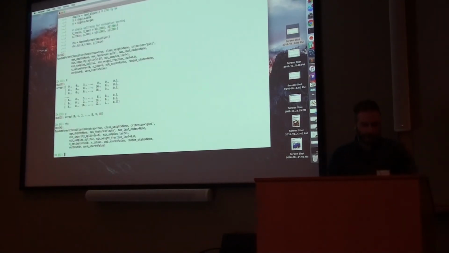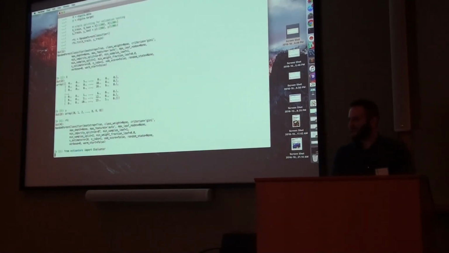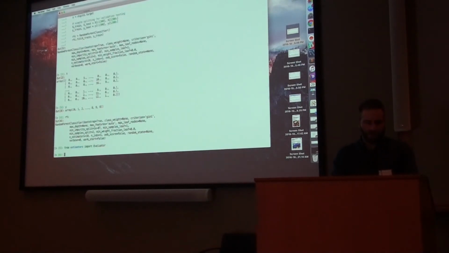So the cool thing is, now that I did this, let's actually test it using Estimators. So here what I'm doing is I'm importing this thing called an evaluator object. And an evaluator is kind of like, it makes you a plan. And what you do is you say plan equals,